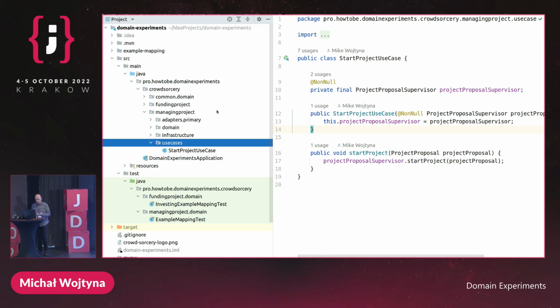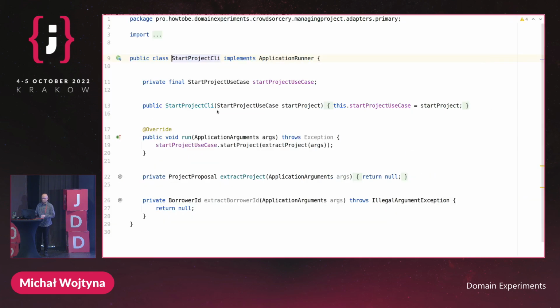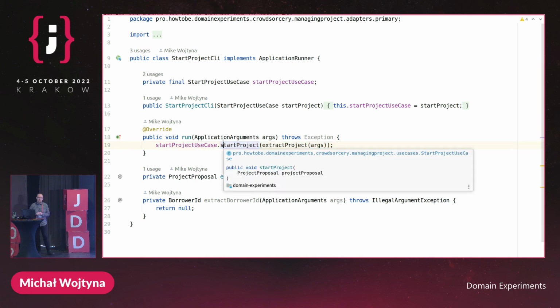So you're having a use case, you're having start project use case, and then you're having a wrapper around it. So you're having, for instance, start project command line interface. That could be a REST adapter, that could be some messaging adapter, it's up to you, it doesn't matter. That's something which simply calls the use case here, right? So, for example, when you're having start project command line interface, you're executing start project use case based on the arguments passed in. And then you can start adding stuff, and then you can start writing other kind of